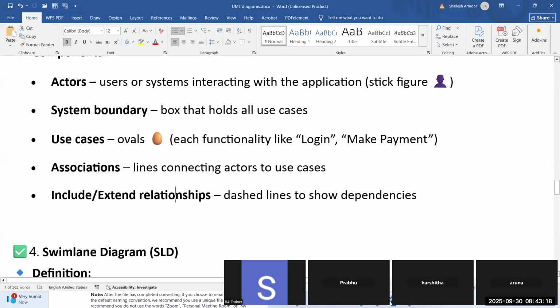And the relationships will always be include or extend. Here, include means mandatory, extend means optional. Okay, so these are the components of the use case. So let me go ahead and